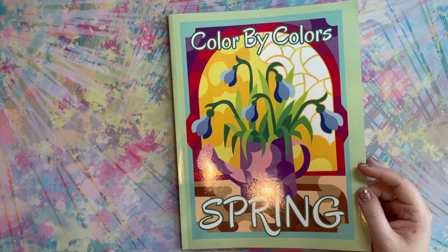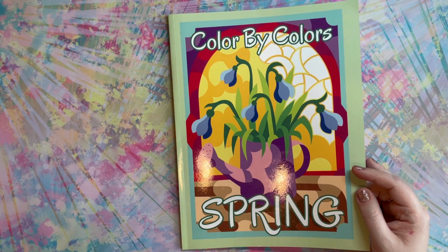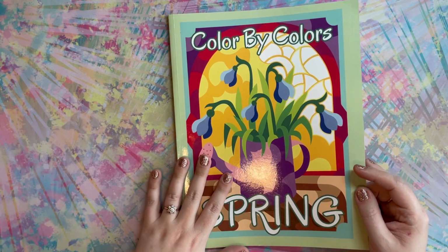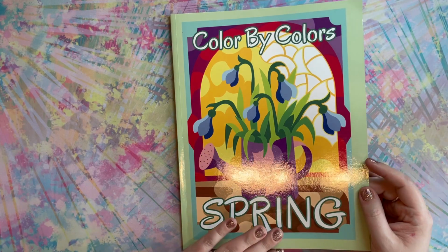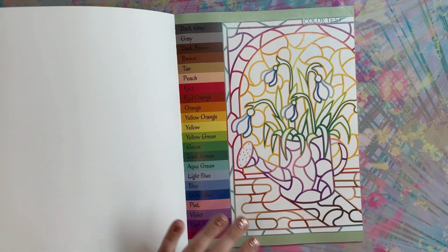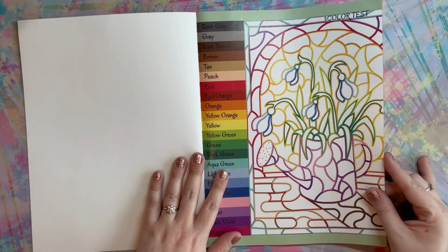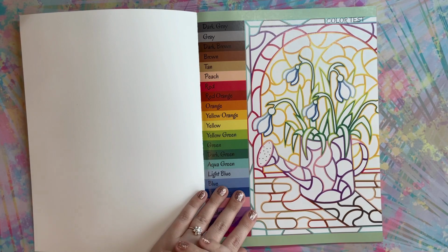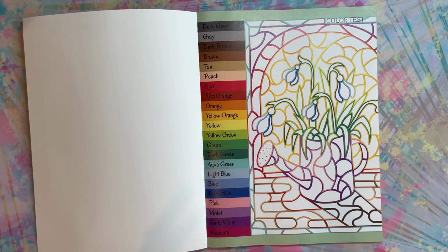But she also did one that has this really beautiful looking woman that's standing in kind of what looks like an Arabian background, and that one really intrigued me. Like, it almost looks like Jasmine, but I don't know if it's princess related or not, so I'm not sure. This book was sent to me from Kira for review, and I talked in my last video about the